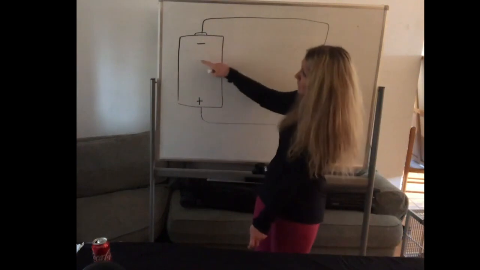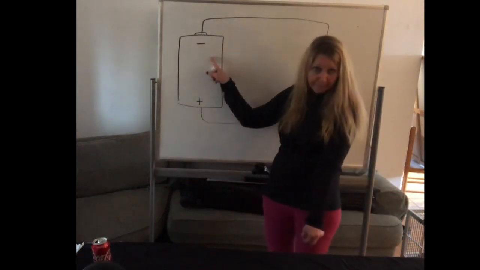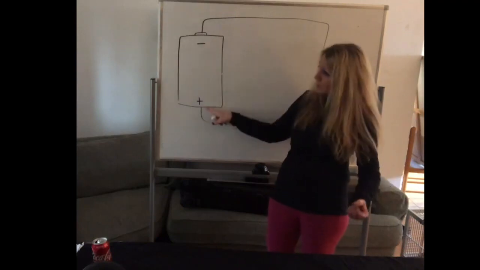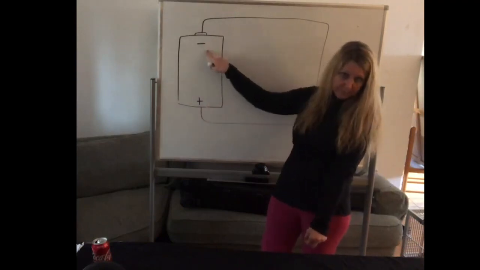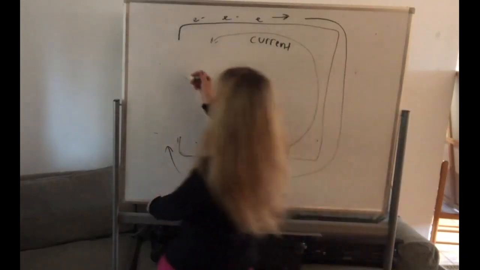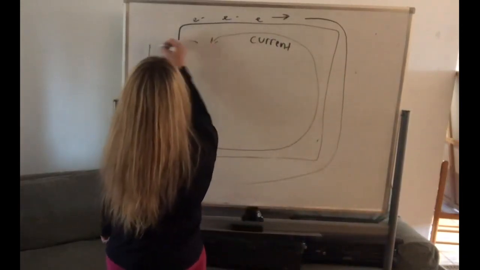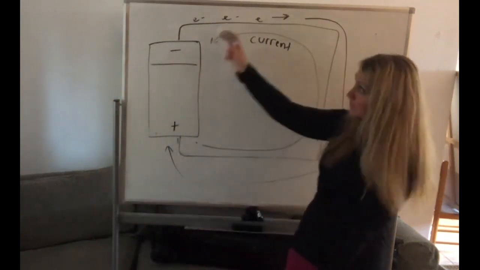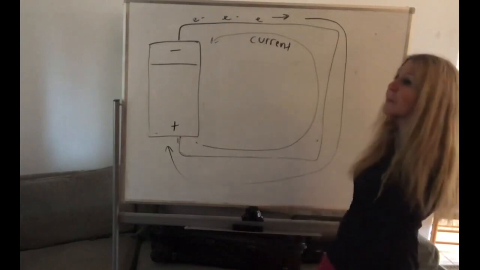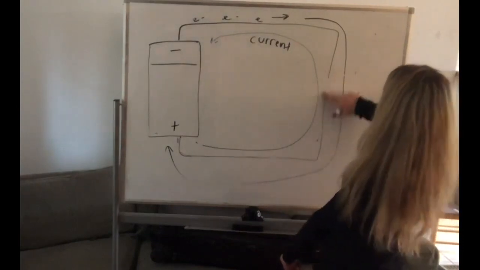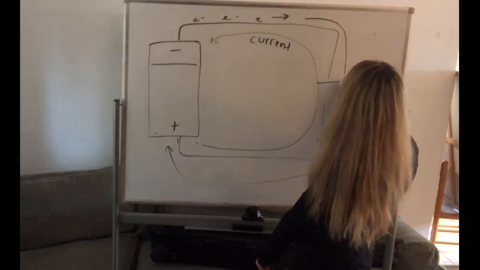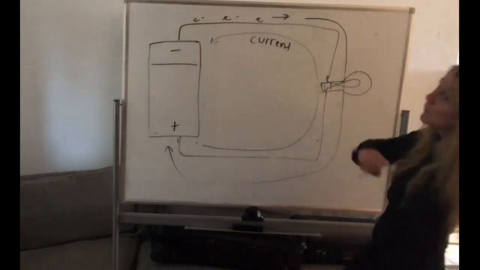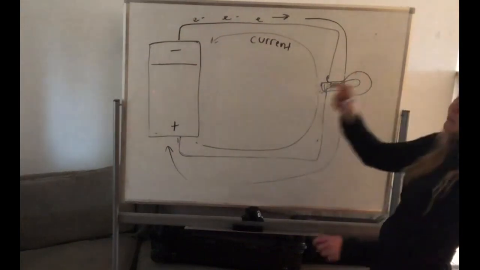All right, so this end of the battery is the negative end. This end of the battery is the positive end. So we call it the positive terminal, negative terminal. But once you put the batteries in, you're completing the circuit. So now the circuit's complete. And if you have a light bulb or something over here, it can actually light the bulb. As the electrons go through the light bulb, that energy is converted to light energy.